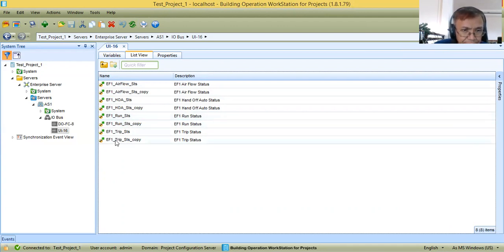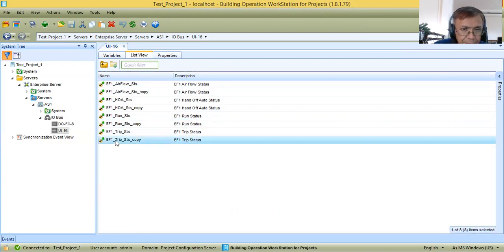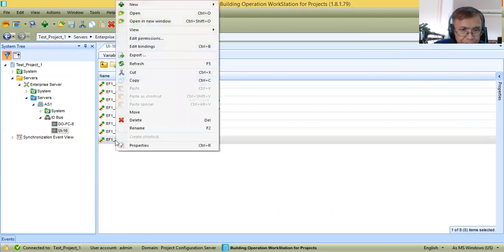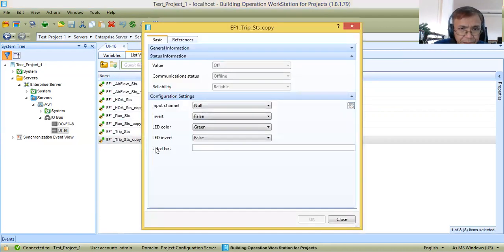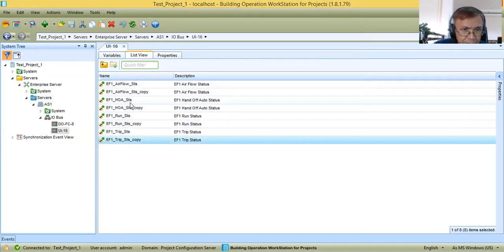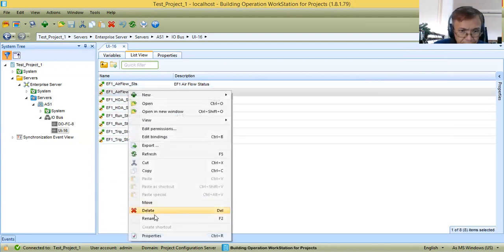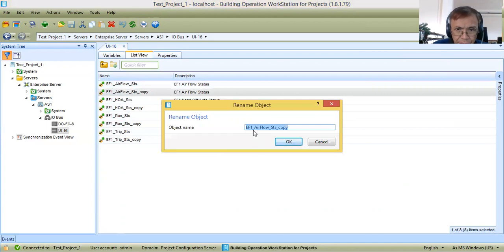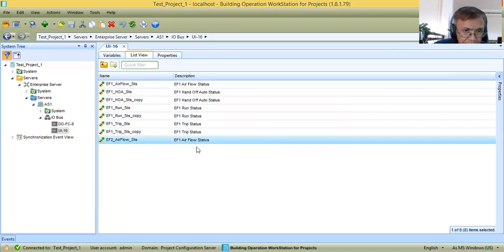Then we need to change the properties. This one I copied. I will rename this. This one will be for 2, so EF2.